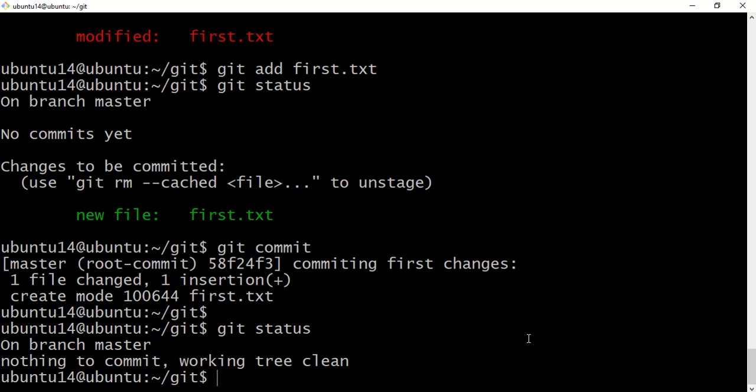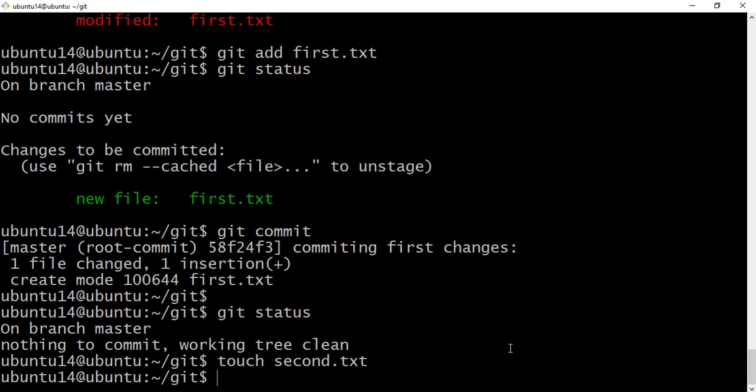And I will create one more test file and I will do the same changes. Okay, now touch second.txt.